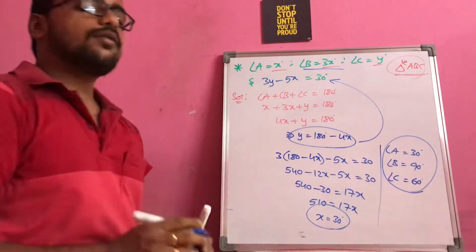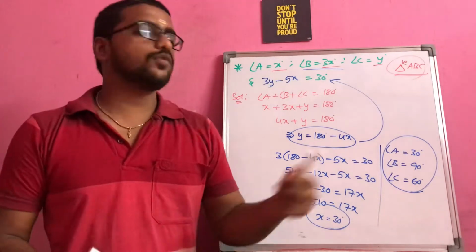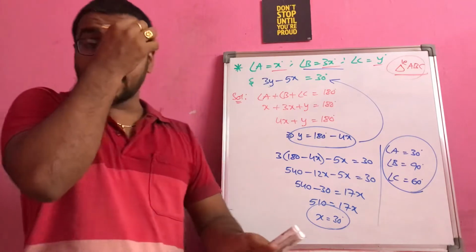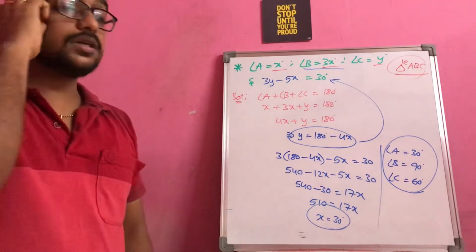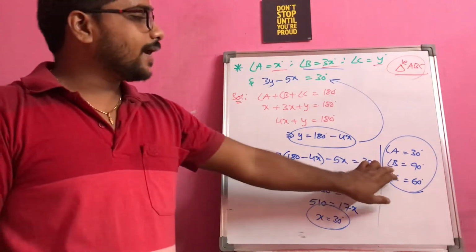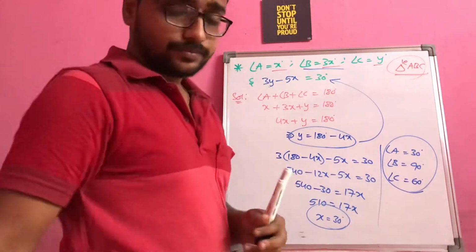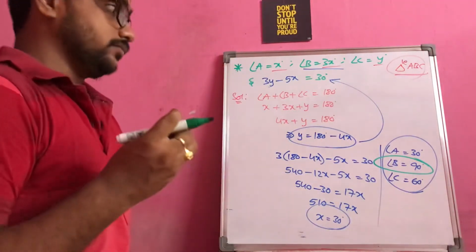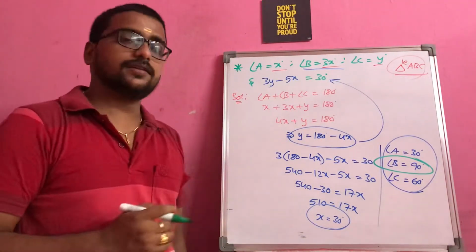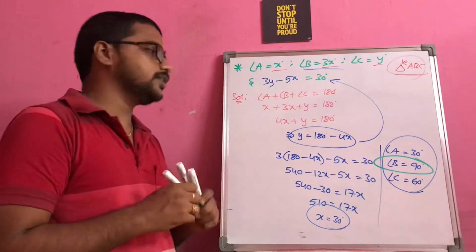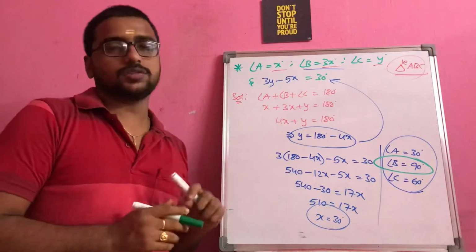So now see, you have to comment about the triangle, and we have angle information here. So you have to think only with respect to the angle point of view, what is the name that we can give for this triangle. You see here angle B equal to 90, which is indicating that it's a right angle triangle. So the triangle ABC is a right angle triangle. That is the basic information you are getting from the given question, right?